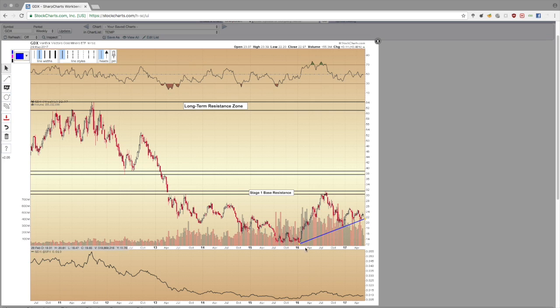So blue is what I consider primary trend lines. This is the primary trend in question over, let's call it, an intermediate term time frame, at least a couple of months, up to a couple of years. And so with this trend line here, all we are doing is connecting the bottom point of the market from early 2016, let me move it out of the way, the bottom right here, with the next major bottom, which happened right here at the later part of 2016, and then this swing low.